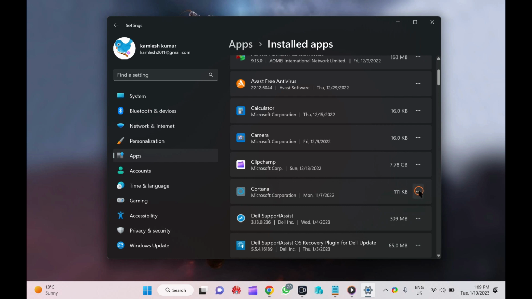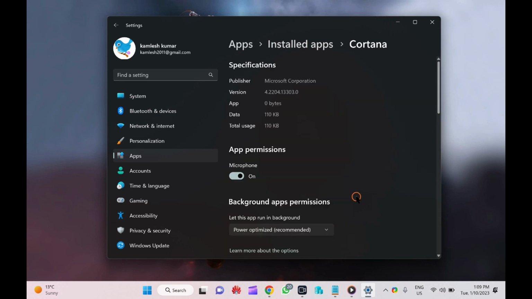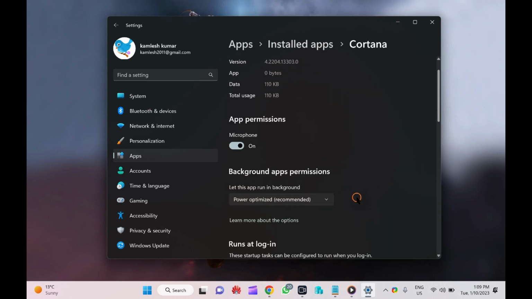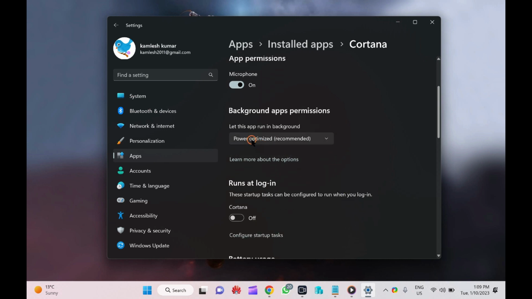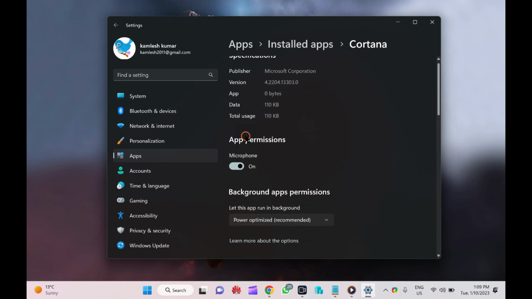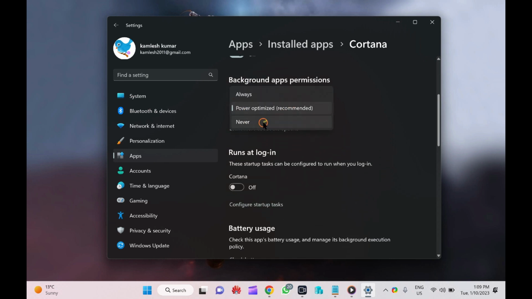Click on the triple dots menu beside Cortana and select Advanced options. Scroll down, click on the "Let this app run in background" drop down menu, and select Never.